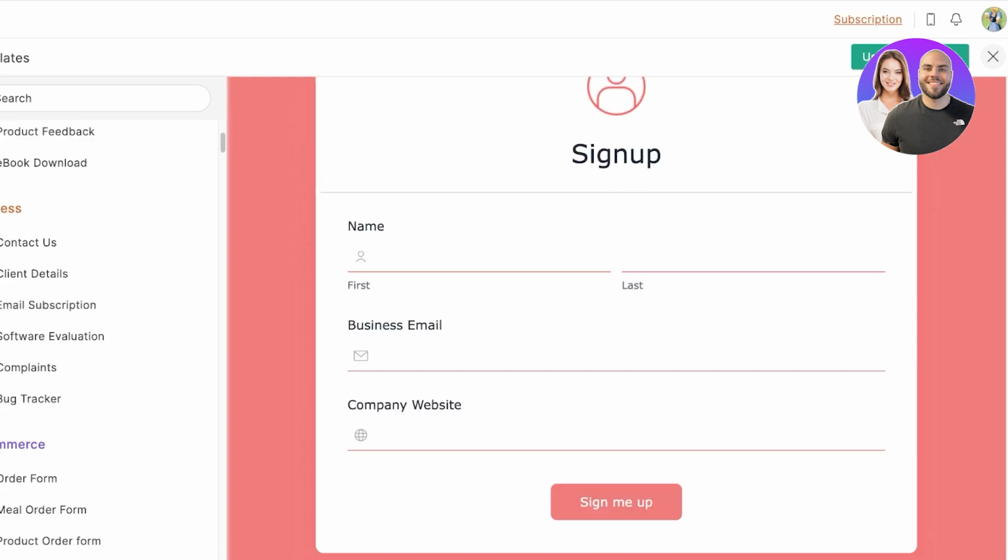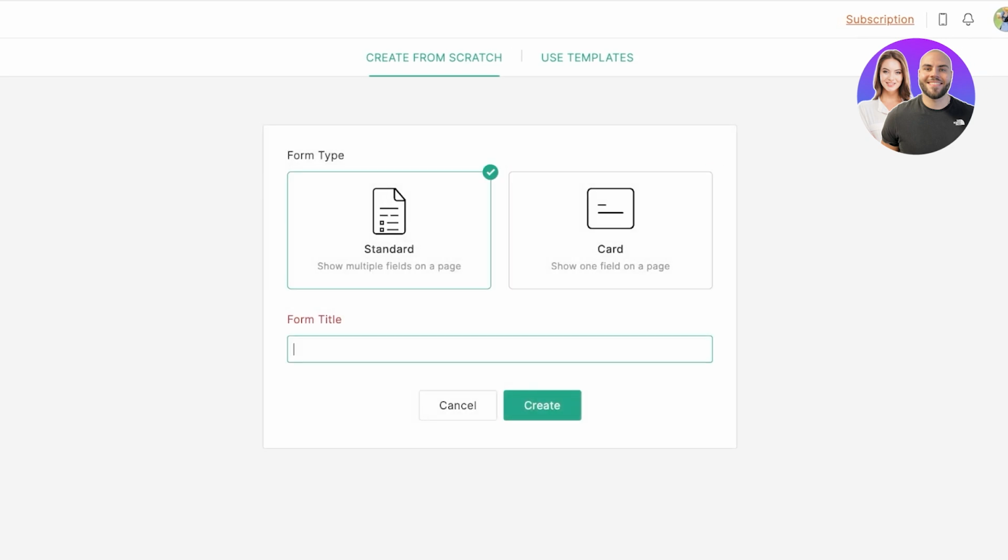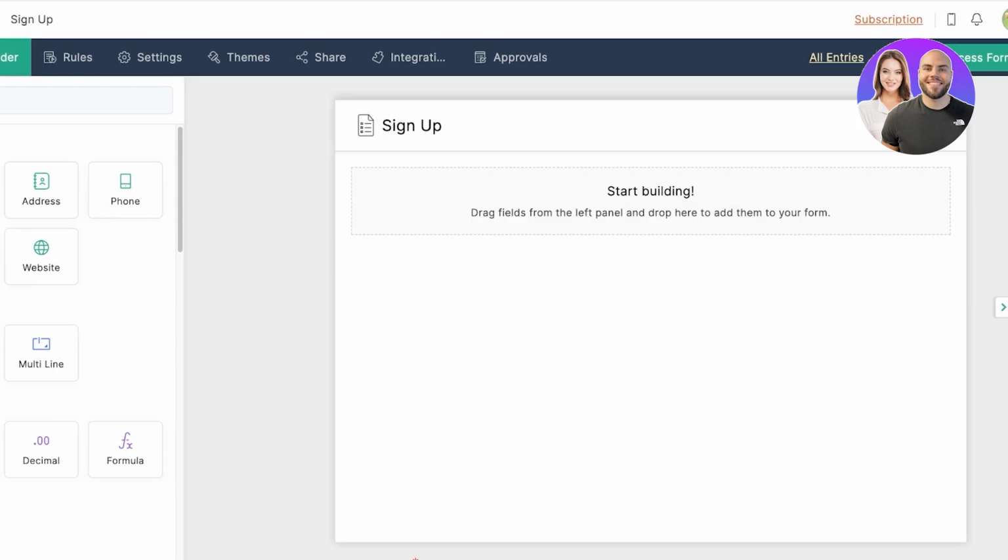We're going to go ahead and close up the templates, and I'm going to go into standard, and I'm going to build a sign up form, and then I'm going to click on create. Once I click on create over here, I can proceed with creating my form, and this is going to be a standard form because I just want it to be all the fields on one particular page rather than dividing